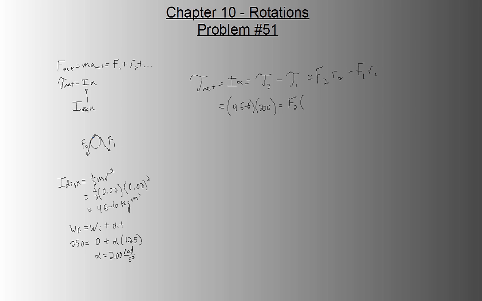Of course, the radius is the same for both, right? And that radius is 0.02, minus, and then they do give us F1. It's 0.1 times the radius, 0.02. And I don't need to do algebra for you guys. Solve for F2, and you should get